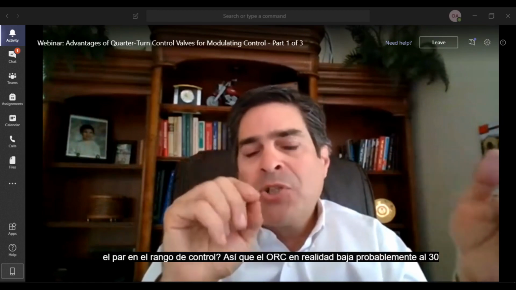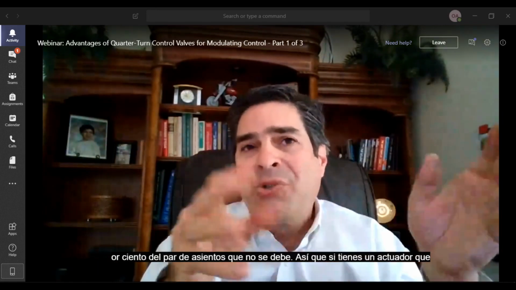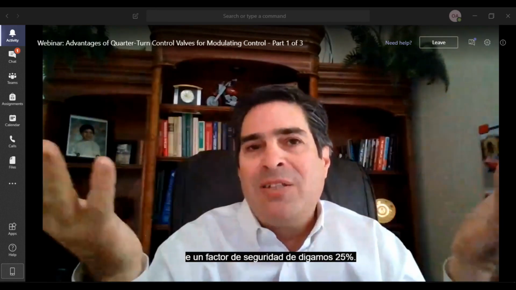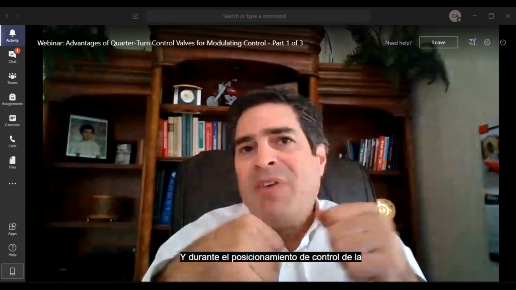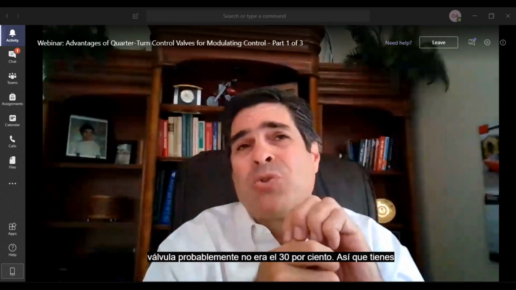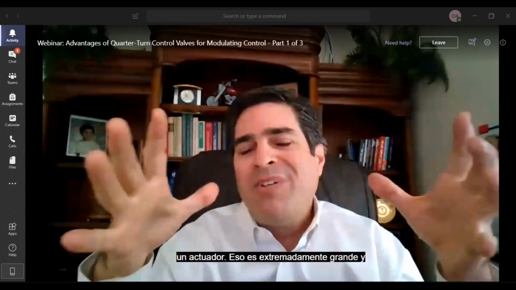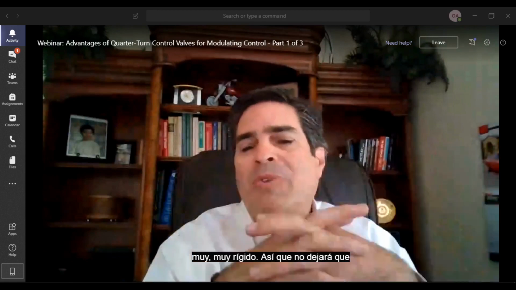So the torque actually goes down probably to 30% of the seating unseating torque. So if you've got an actuator that's got a safety factor of, let's say, 25%, and during the control positioning of the valve, you were probably down to 30%. So you've got an actuator that's extremely oversized and very, very stiff. So it will not let the disc or the ball move at all.